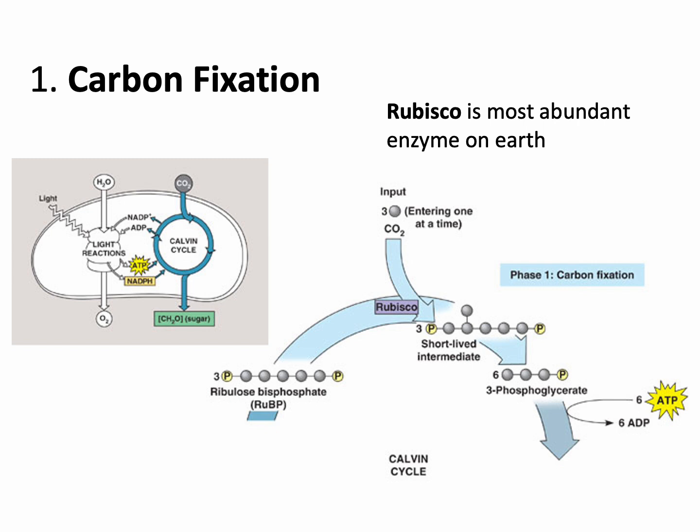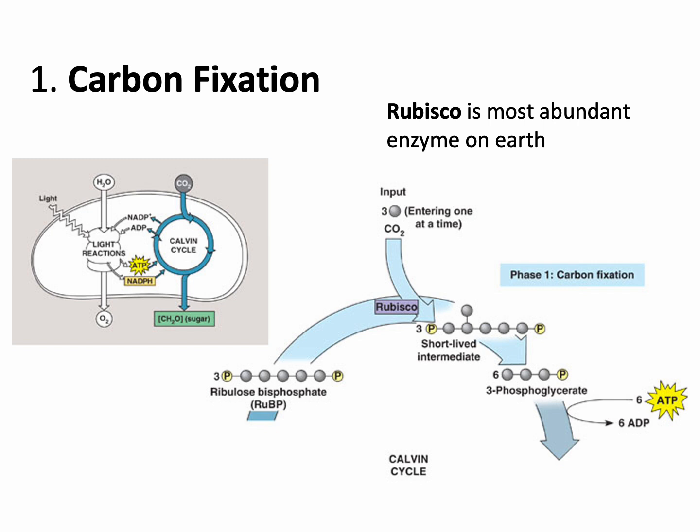So let's talk about the first step, carbon fixation. As I mentioned, rubisco is the key enzyme here. Rubisco is thought to be the most abundant enzyme on this planet. If you think about it, every cell in every plant that does photosynthesis will have rubisco. It's what they call a constitutive enzyme, meaning that they produce a ton of it all the time. It's not something that gets produced at a certain time or under certain orders from, say, gene switching on or something like that. It's just made all the time at high concentrations. So it could very well be the most abundant enzyme on the planet, which is pretty cool.